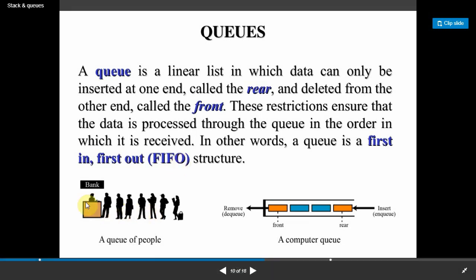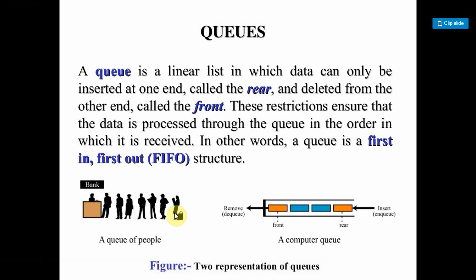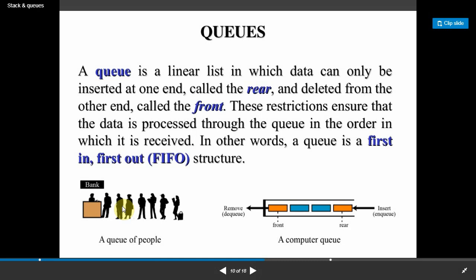Suppose you are going to the bank. In a bank, this is the manager or clerk, everyone is going and collecting the money, assume that. So this person comes first, after that the second person comes, after that the third one, fourth one, fifth one, sixth one, and so on. Whenever any new person comes, they join at the end side, not at the beginning. Behind him this person stood, behind him she stood, and so on, like this people stood in the line. Now after collecting the money, first this person will go out, after that this person, after that she, one by one they will go.